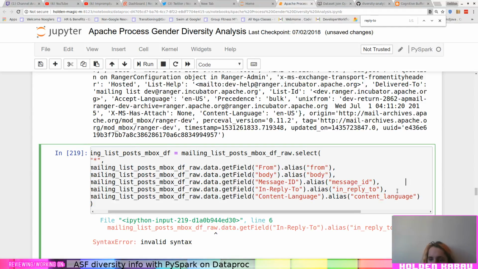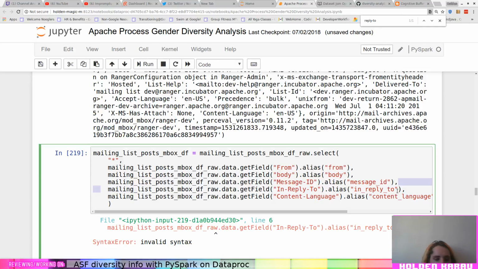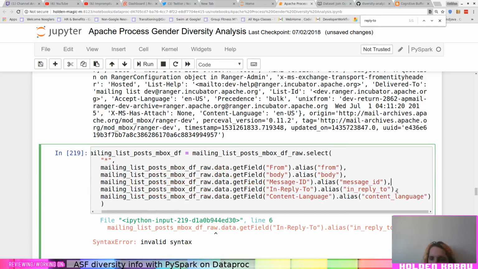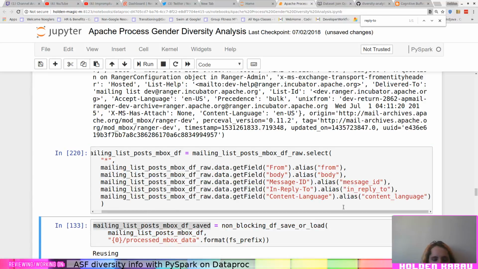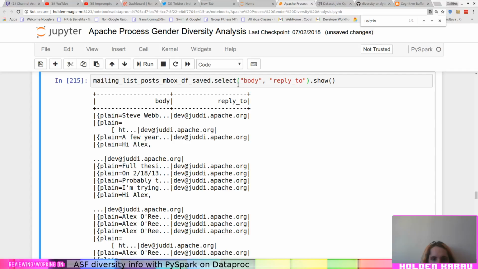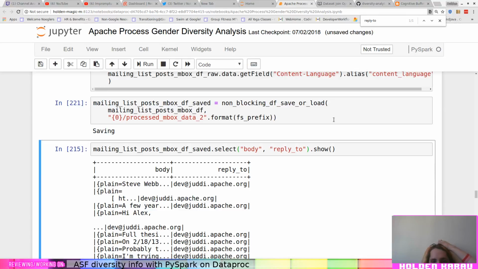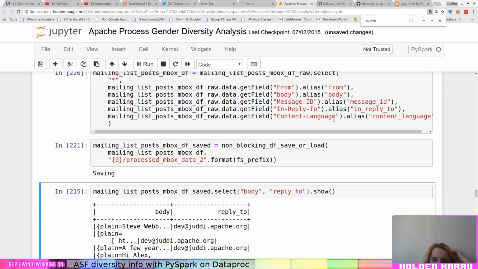And there's some extra spaces here that I really don't need. Cool. And we are going to update this. And yeah. So that could take a little while because it's going to reprocess all of the mailing list messages to extract the bits that we care about.